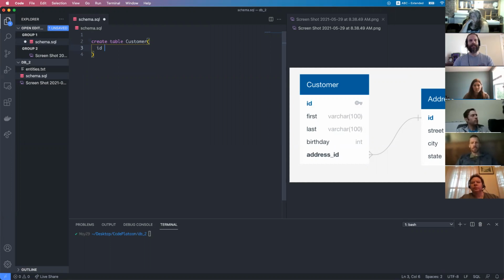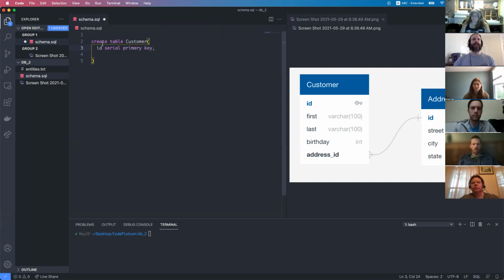And let's say that's serial. So this is just Postgres taking care of that for us. So it'll basically increment by 1 every time you create, so it'll auto increment. So ID serial. And aside from that, we can let Postgres know that we want this to be a primary key. So we have to explicitly say that